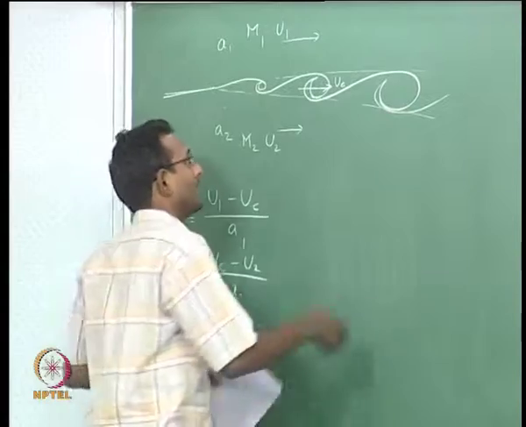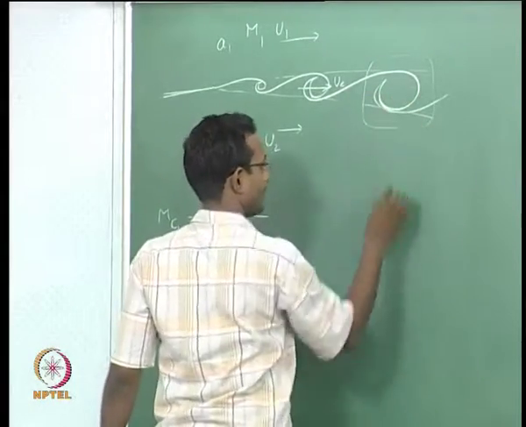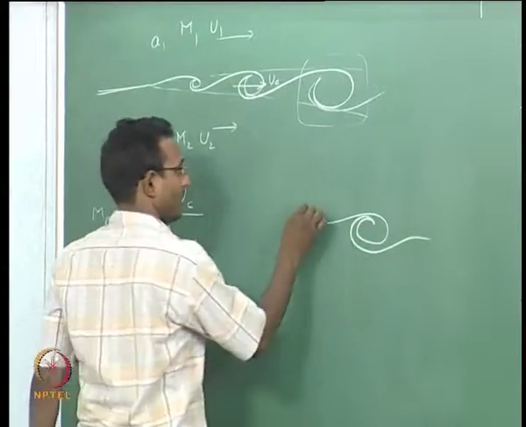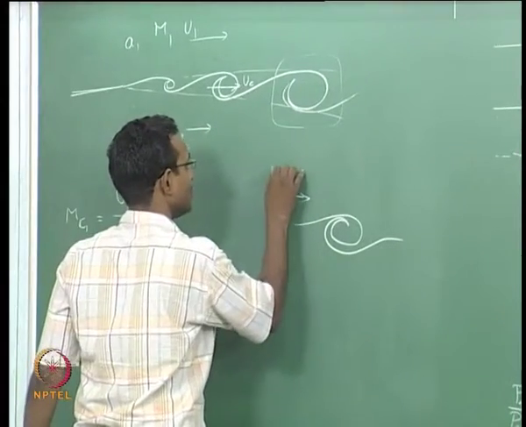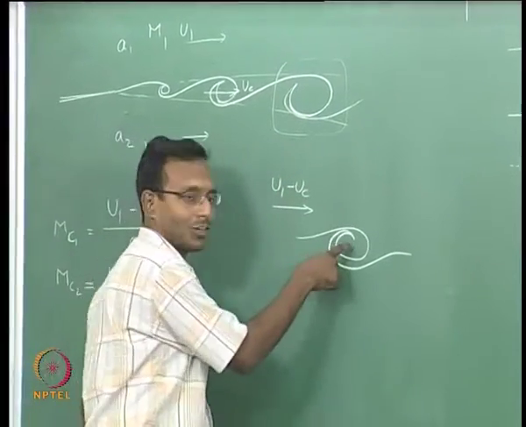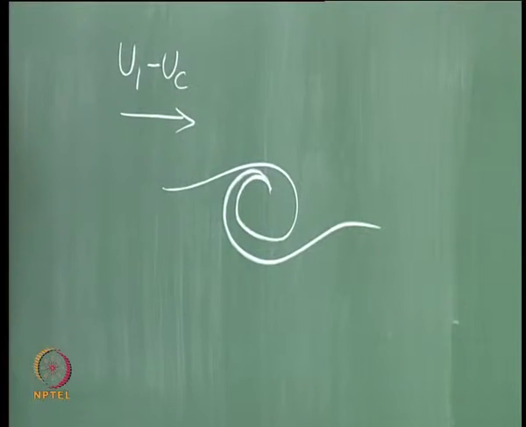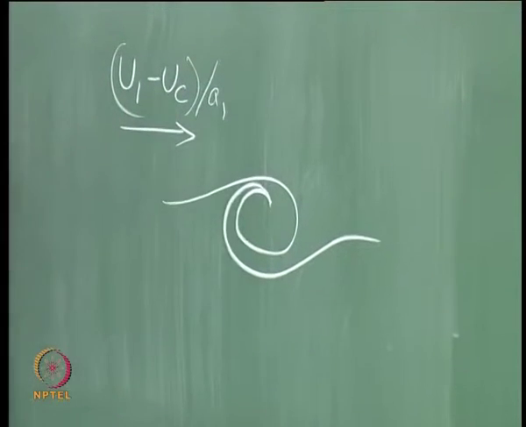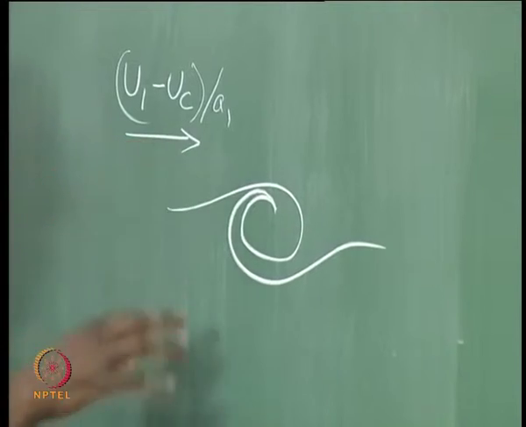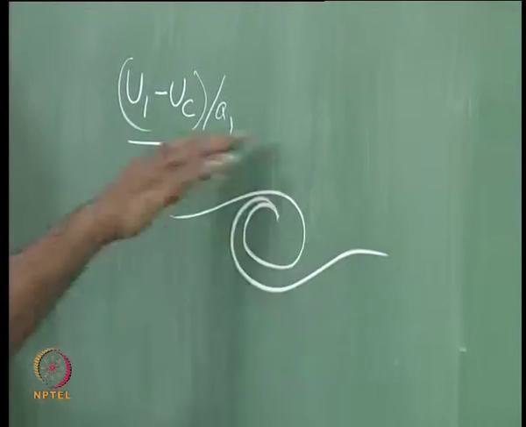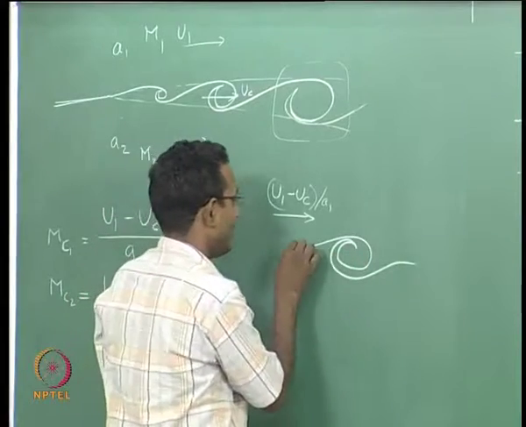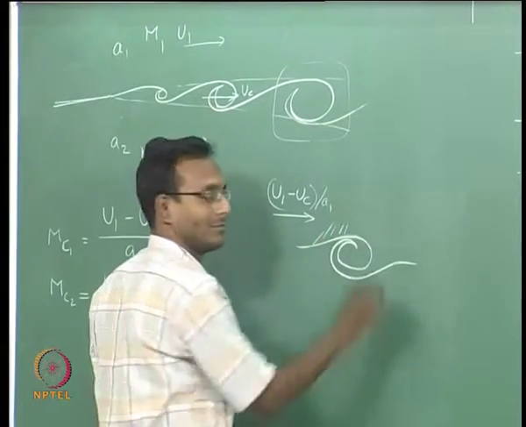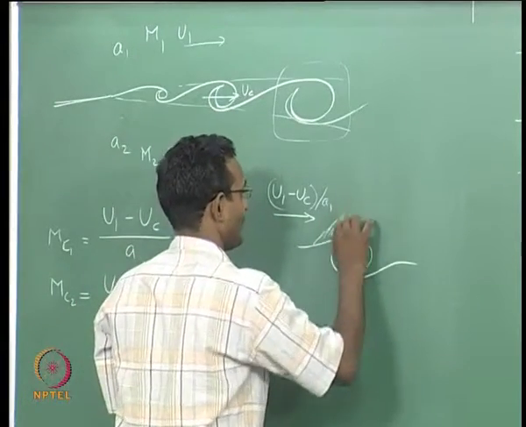It should form a shock in front of this somewhere here. Or if you think about it, I will just take one particular structure like this, I will draw that picture alone, something like this, and I know the velocity here is U1 minus UC. If I sit on this structure, it will look like U1 minus UC is the velocity here, and the Mach number corresponding to that will be this divided by A1. Now that is the Mach number of the flow here, and it is like flow around an airfoil or some such object, right. It wants to go around this. So it is going to see a set of compression waves here. Of course, they can come together to form a shock later.